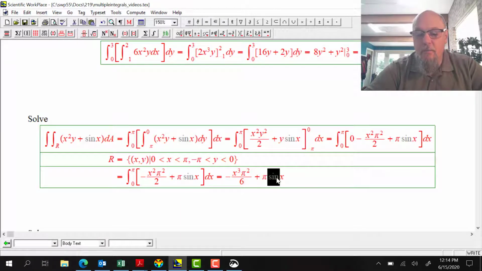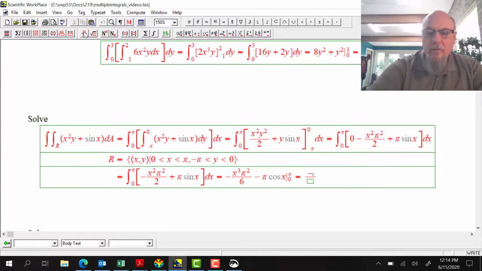Integrating sine becomes negative cosine. And I have to go from 0 to pi. So sub in the top, when I sub in pi, that's going to be pi cubed times pi squared is pi to the 5th. So it's going to be negative pi to the 5 divided by 6